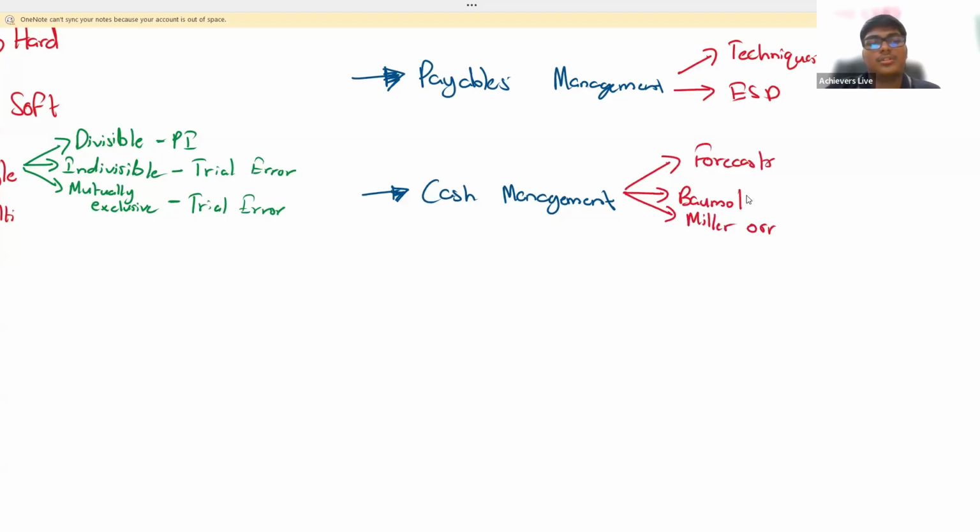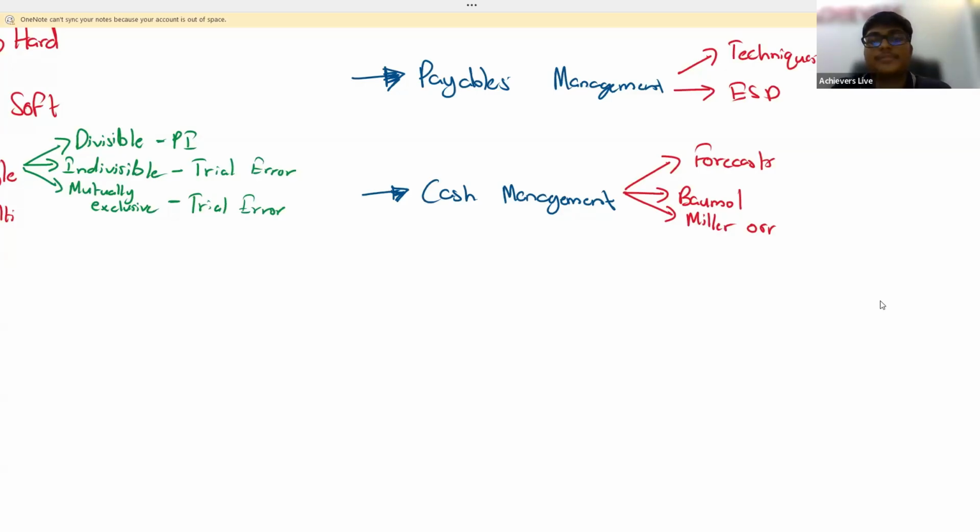The Baumol model is the EOQ formula with a different name, so the same assumptions apply. You should remember the Baumol model is used when there are constant cash flows, when the demand for cash is constant. The Miller model is used when there are fluctuating cash flows. Under the Miller model, you have the upper limit, return point, and lower limit. If cash reaches the upper limit, buy investments until it reaches the return point. If it reaches the lower limit, sell investments until it reaches the return point. That's what you have to remember.